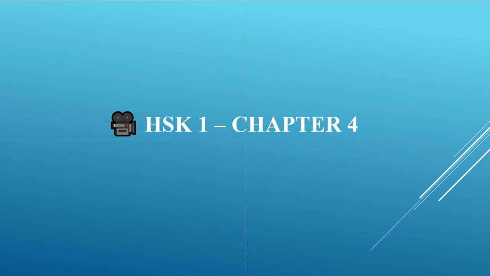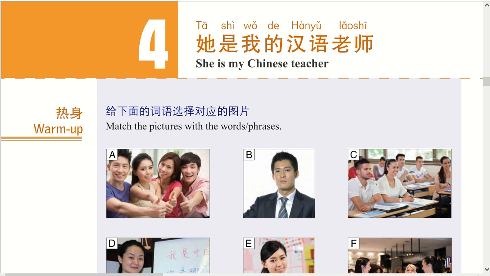In today's lesson, we are going to study chapter number 4. The chapter name is 她是我的汉语老师。She is 她, this is 她 for female. She is my 我的汉语 Chinese 老师 teacher. So, 她是我的汉语老师。In this chapter, we will learn how to ask who is she or he, how to talk about nationality,